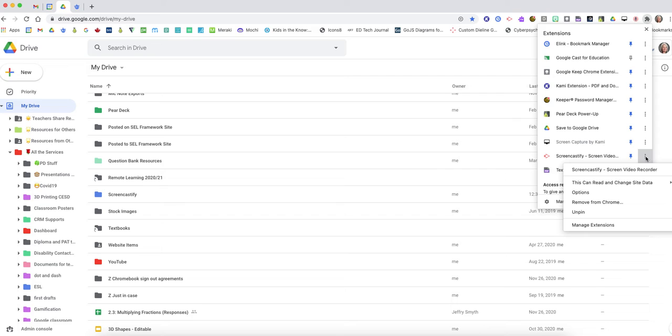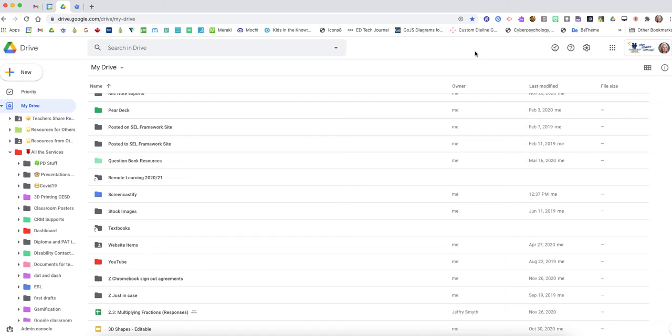I've got some ability to remove it from Chrome. It is an extension that has full access into your drive. It records your screen and then it puts the data into your drive. It does not go onto a Screencastify server. So if I was going to make a screencast video, much like this one, using Screencastify, I would get my